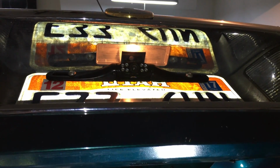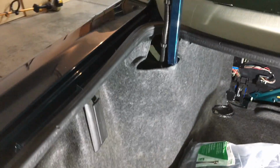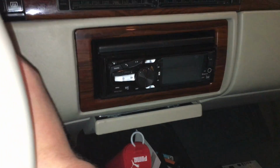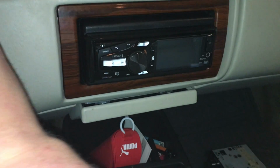All right, so we got our camera all mounted right there, good to go. Wiring all cleaned up, all back together. All right, here we are. Let's do a final test with our backup camera. Everything's put back together. Mind you, the trunk is still open, but